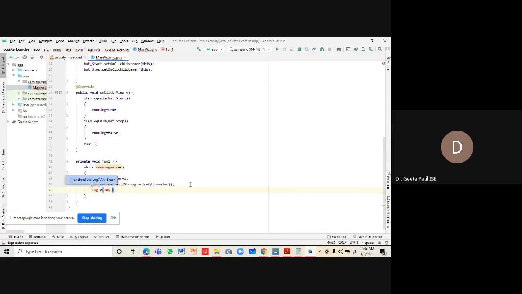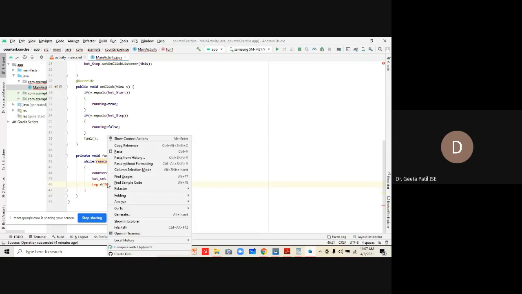Tag is used to know from where exactly these log messages are running, and we will print this message: value of counter is, double quotes, plus value of the counter, and close of it, right?